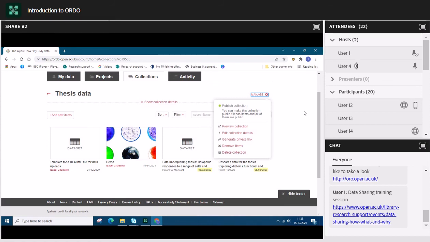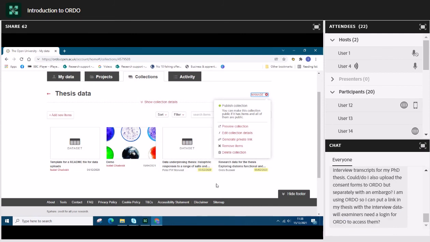So the reason to have a private collection, and the way that I'm using this one, is so that I can keep account of the data that I'm uploading for a specific purpose. So I uploaded all of these items and I want to be able to keep track of what I've uploaded within this specific